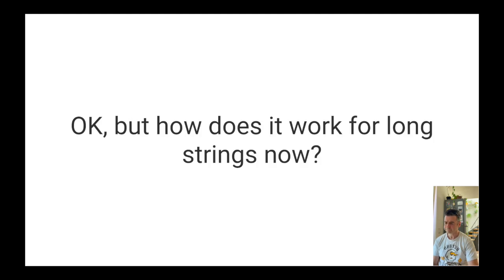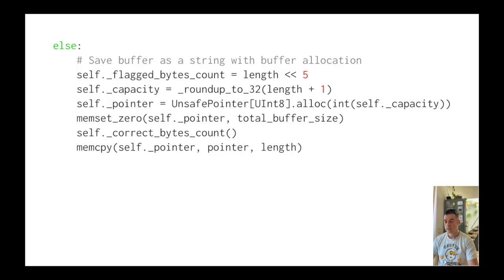All right. So okay, but how does it work for a long string now? Well, in this case, basically we say, if the length was bigger than the inline capacity, then we store flagged bytes count, which is not just the length, but we push the length 5 bits to the left,